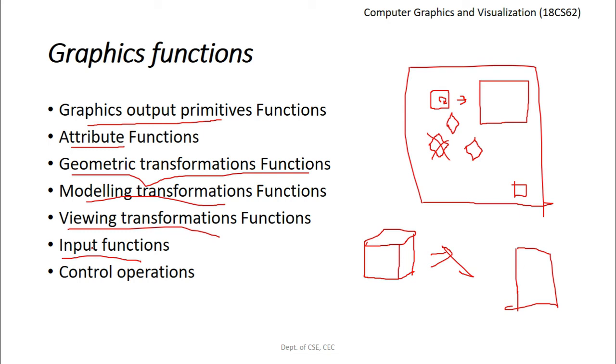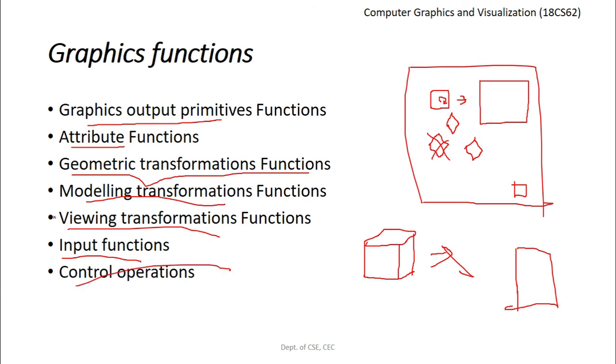And lastly, we have something called the control functions. A graphics package contains a number of housekeeping tasks such as clearing the screen display area to a selected color and initializing parameters. We can lump the functions for carrying out these tasks under a heading called control functions. Displaying the screen area, selecting the type of buffer, clearing the buffer, whether we want a double buffer or a single buffer. All these things are controlled using a bunch of functions called control operations. Initializing a bunch of values.